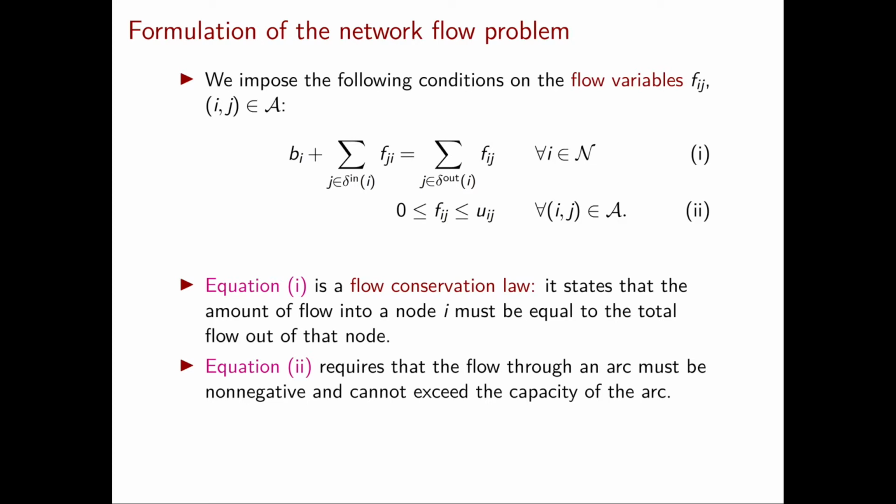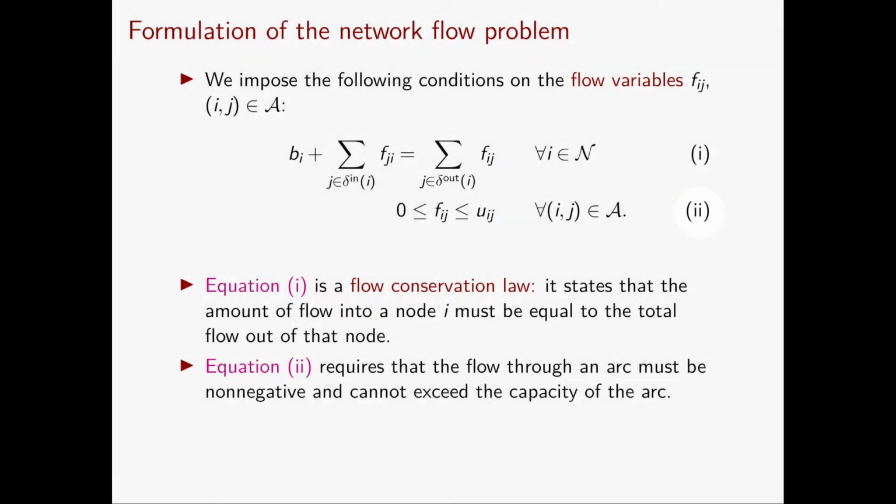You might be wondering why on the right hand side we don't have a quantity symmetric to the b_i on the left hand side that represents the amount of flow that exits node i and leaves the network. The reason we don't have such a quantity is that the supply b_i can be either positive or negative. So in this equation, if it's positive, it adds to the sum on the left hand side, and if negative, the demand is added to the sum on the right hand side. If you remember, we've already seen in chapter 1 some equality constraints that represent the flow conservation law. In fact, we wrote down very similar constraints in the communication network example in chapter 1.